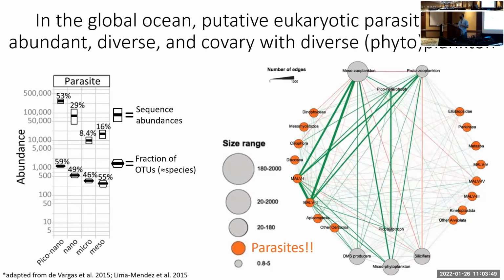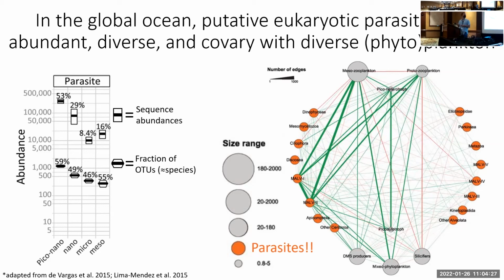There is a growing body of evidence that suggests that parasitism may be an important process that is often overlooked in planktonic food webs. These figures come from the Tara Oceans Project. They basically did a global-scale DNA sequencing survey, and one of the really striking findings was the extremely high abundance and diversity of what we think are eukaryotic parasites. We don't know exactly if they're parasites, but they're at least genetically related to known parasites.